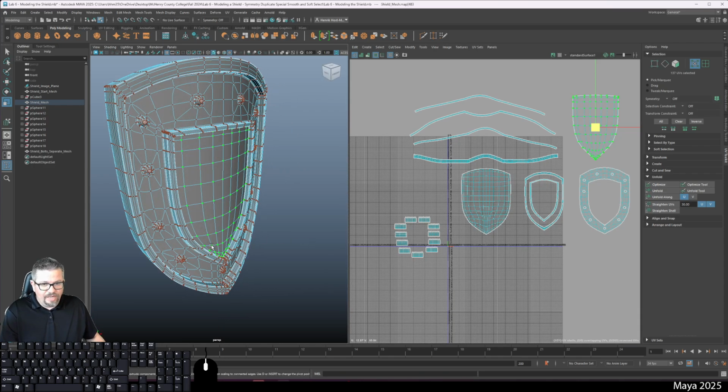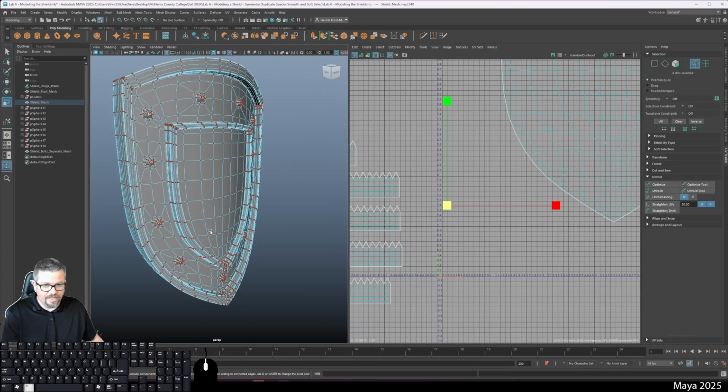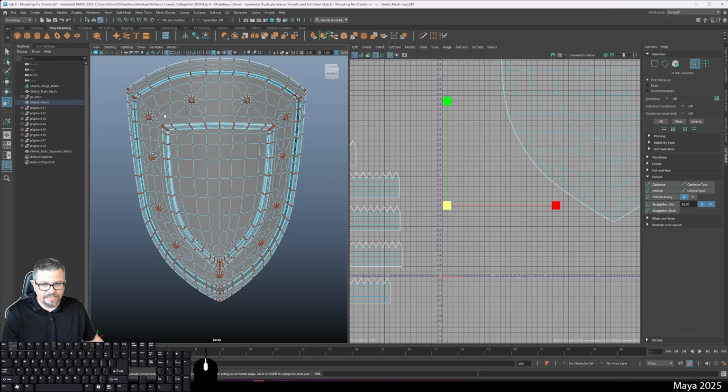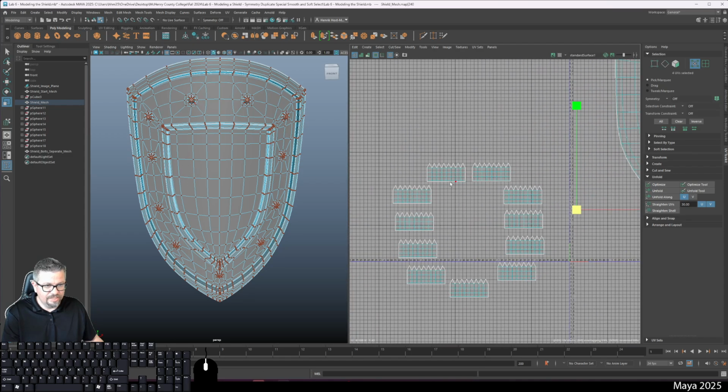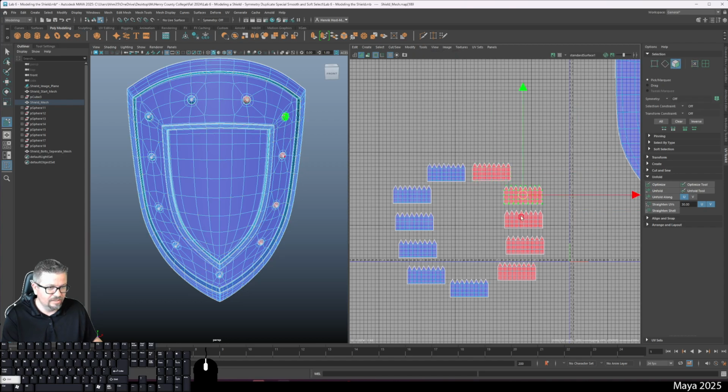The last part I have, besides this one little questionable face, is the bolts, and those are going to be easy to select. So the first thing I'm going to do, because you see them all here, I have almost half of them blue and the other half red, so I have to flip a couple of them. So tools, move UV shell tool, select. I could do one at a time. It's not letting me shift select. So select one,